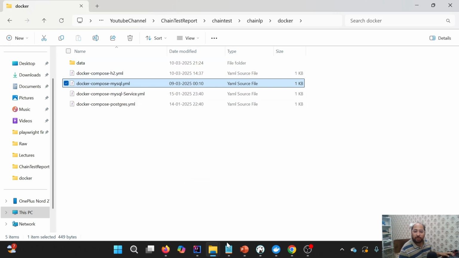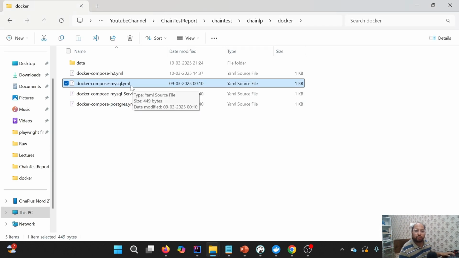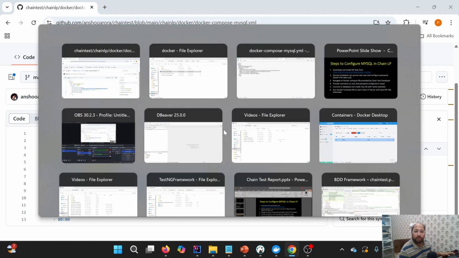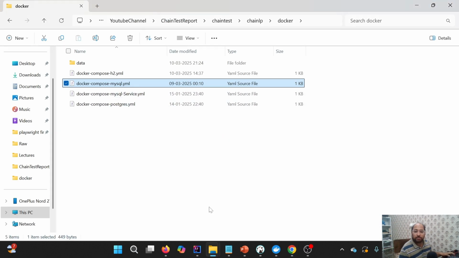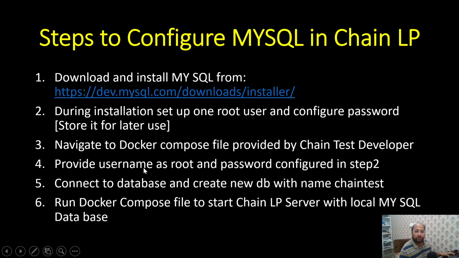And if I have already opened it, right? So you can right click after downloading this particular Docker Compose file from this location. Then you need to edit this and simply provide username and password. Correct. Now what we need to do after providing username and password is first connect to the database and